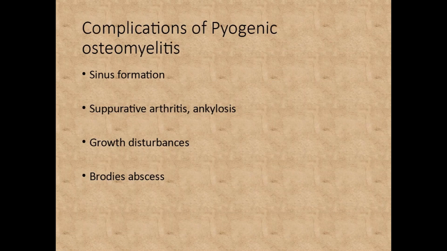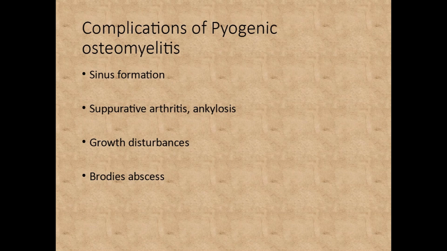This pyogenic osteomyelitis can give rise to certain complications. So in this slide we'll see what those complications are. The first is sinus formation. The area at which subperiosteal abscess bursts out, right? That can lead to acute inflammation and exudate of the adjacent soft tissue, which may break through the skin, forming a hole there. That is what a sinus is. So there can be a discharging sinus which puts out pus from the bone through the tract outside the skin.